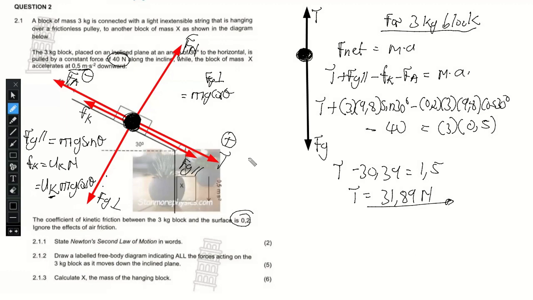In a system, the acceleration of the 3 kg block will be the same as the acceleration of the x kg block, because this is a system, they need to share the same acceleration and the same tension, right? So even the acceleration on the x kg block is 0.5 meters per second squared, meaning this tension also applies to this block. Okay, so now I will indicate for the x kg block,